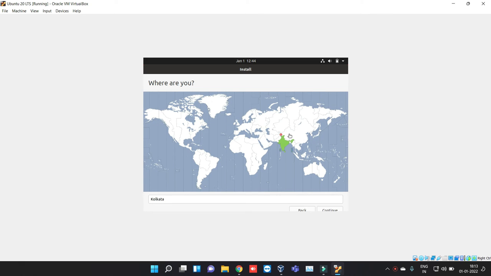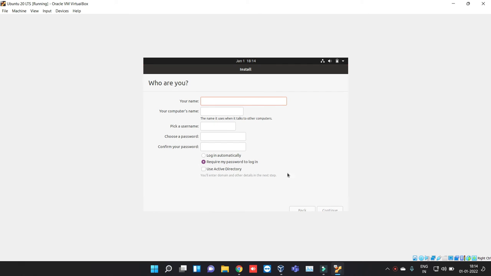I will select the location, which is India, and then write the computer name, Ubuntu, and then write the password. Again I have to write the password and then click on the continue button.